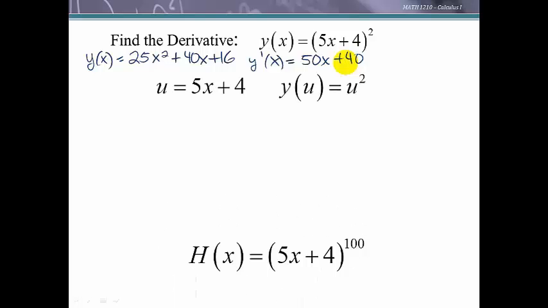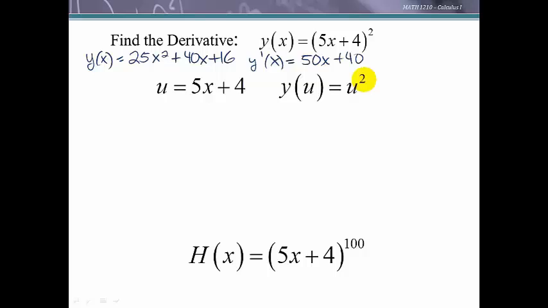As we look at our original function up here, I basically have a function squared, and the function that is squared I'm going to call u. So u is this function inside of a squared function, and it is 5x + 4. And then our outside function is just simply the stuff inside squared, and our stuff inside, 5x + 4, we called u, so we could express this as a function of u and write it as u squared. So we're going to come up with a rule when we have this composition of functions inside of functions, for